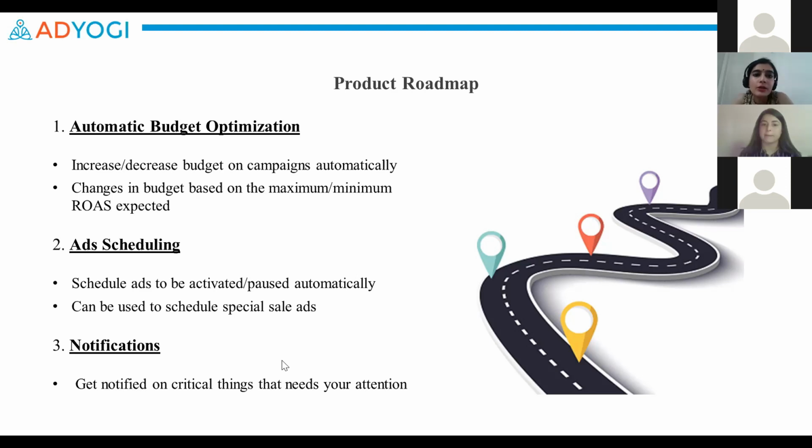Next, we also have a notifications tab which is going to be coming out very soon. This will contain some important messages about how your campaigns are being changed, what kind of ad texts are running at the moment, and just some generic messages that will help you get a grasp of where your campaigns are right now. So this is it for the new features that we'll be launching in a couple of weeks.